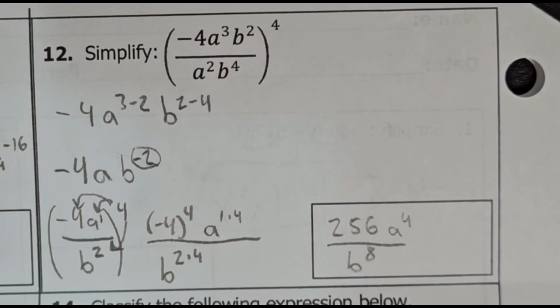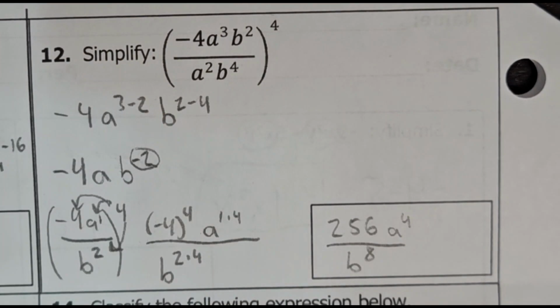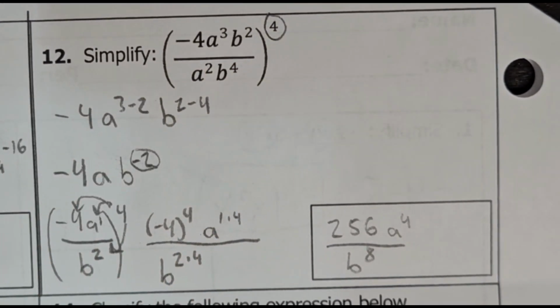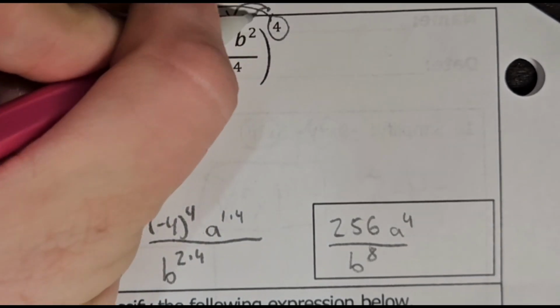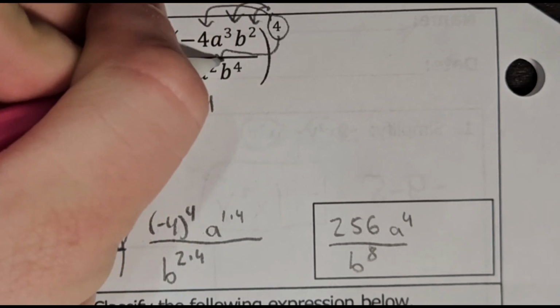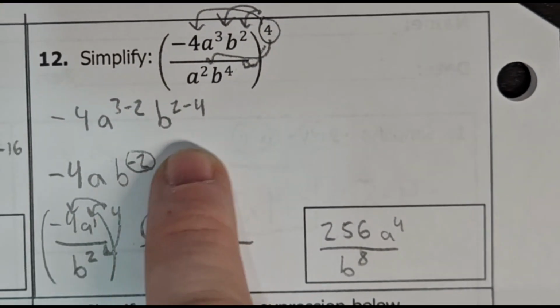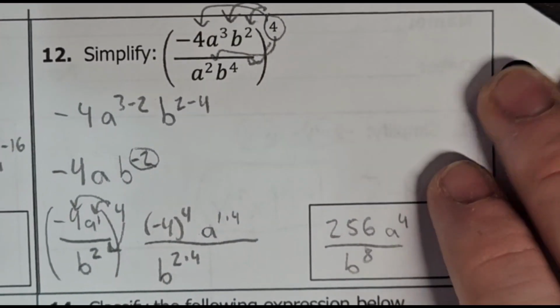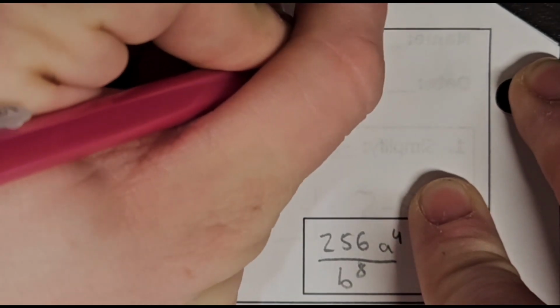Okay, so another way that you can solve this same problem is that you could start by taking this exponent of 4 to everything that's on the inside. So we can take this 4 to the negative 4, to the a to the third, the b squared, the a squared on the bottom, and the b to the fourth on the bottom. Now I prefer to do this other way from video 1 for this problem, but it is possible to solve this other way. So this would give me negative 4 to the power of 4,